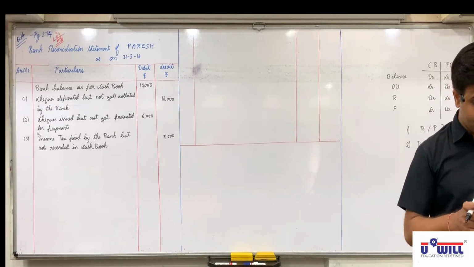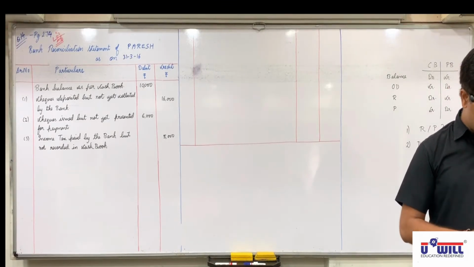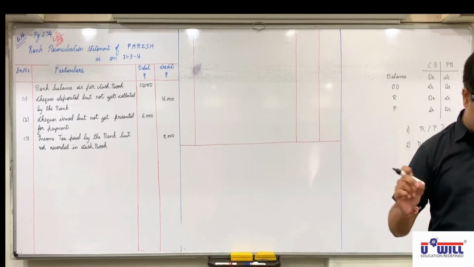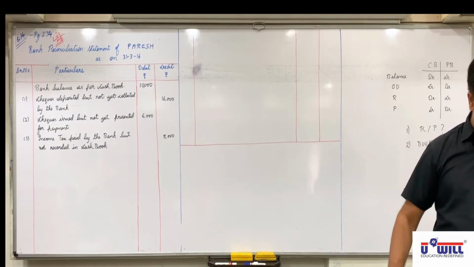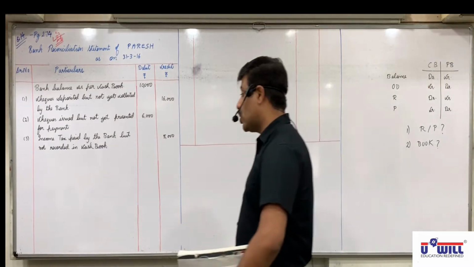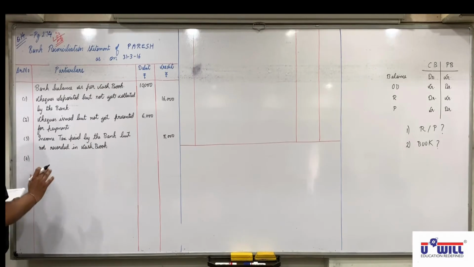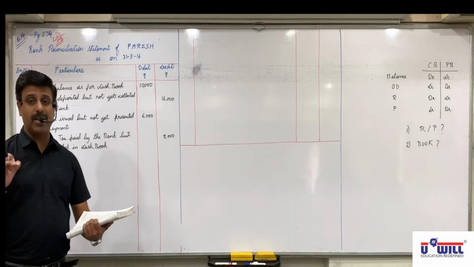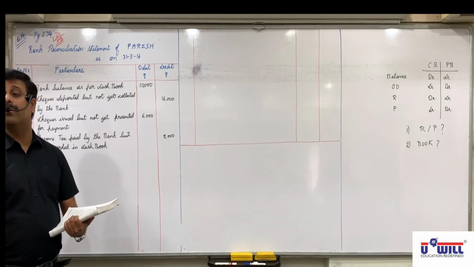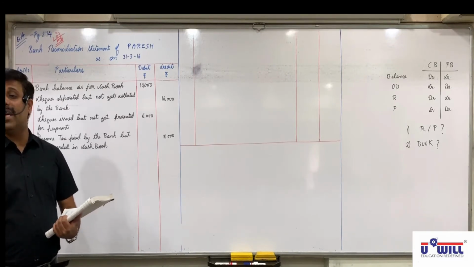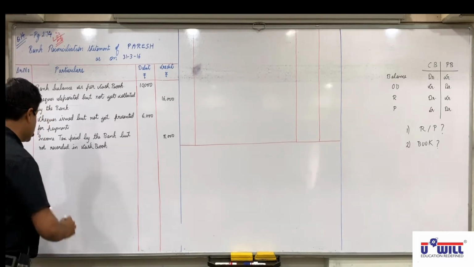Next. On 31st March, the bank has directly credited 120 for interest and directly debited 50 for bank charges, which are not recorded in the cash book. So two reasons will come for this. First one: the bank has credited 120, which means 120 is credited in the passbook but not debited in the cash book, so debited in BRS.